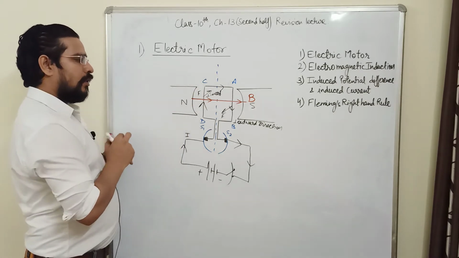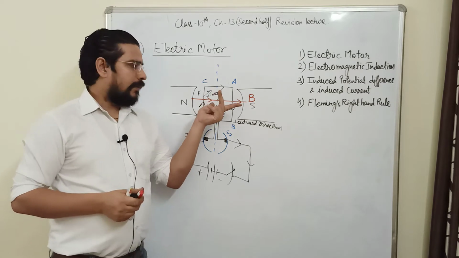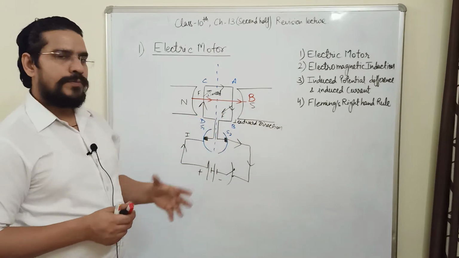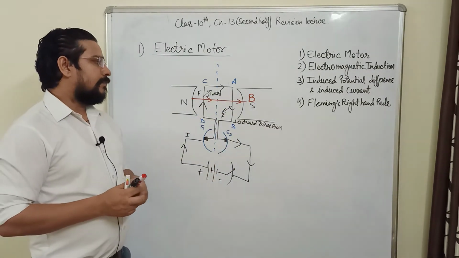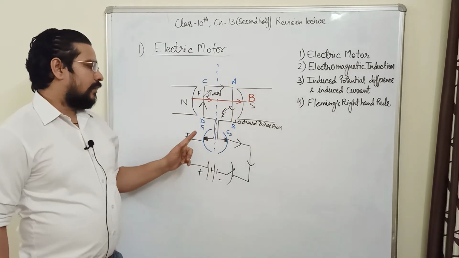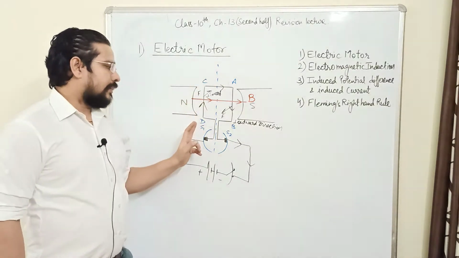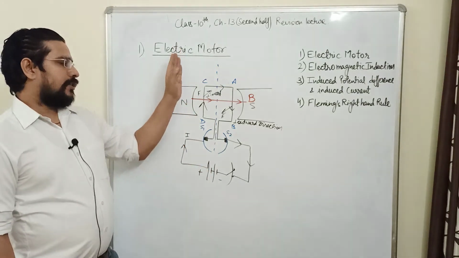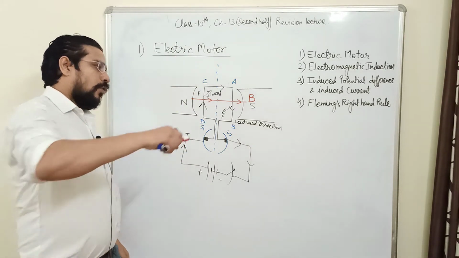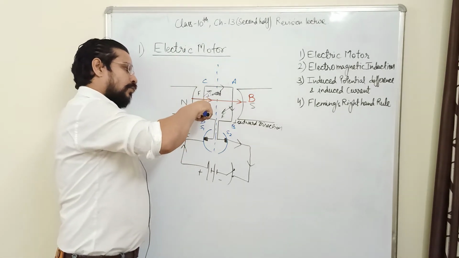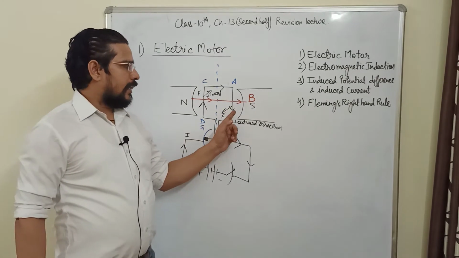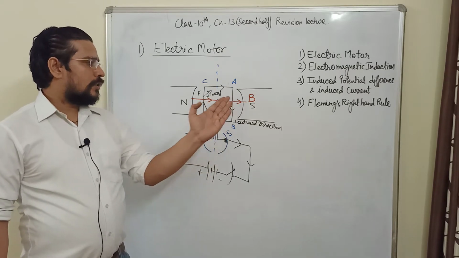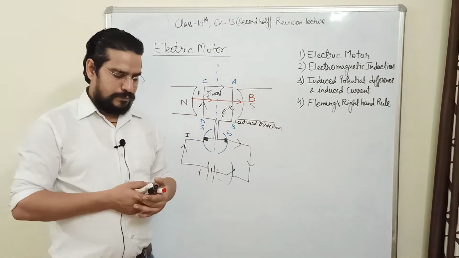According to Fleming's left hand rule, you will again find that the force on the CD conductor is in inward direction and the force on the AB conductor is in outward direction. So what you are observing in this diagram is that it doesn't matter whether the CD conductor or the AB conductor is on the left hand side with contact with S1. As long as current is going in upward direction, the conductor on the left hand side will always experience a force into the board, while the other conductor on the right hand side will always have current in downward direction and will experience a force perpendicularly outward from the board.